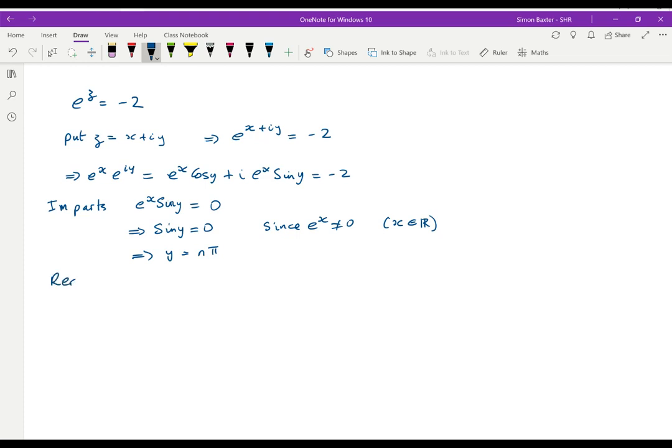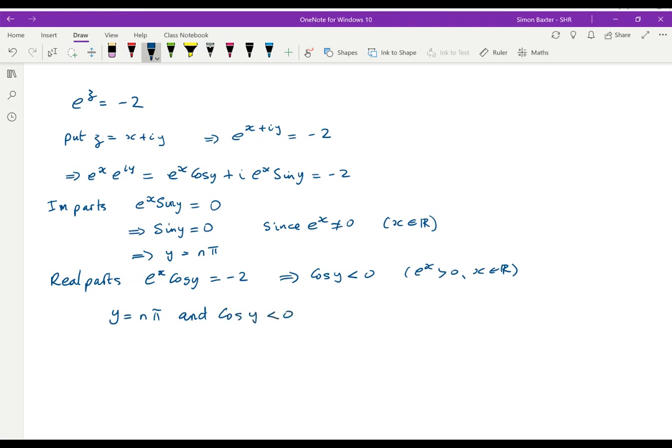Let's look at real parts. On the left-hand side, we've got e to the x cos y, and on the other side, we've got minus 2. This tells us that cos y has to be less than 0, has to be negative. E to the x is greater than 0 if x is a real number. Putting these two ideas together, that y equals n pi and cos y is less than 0, tells us that